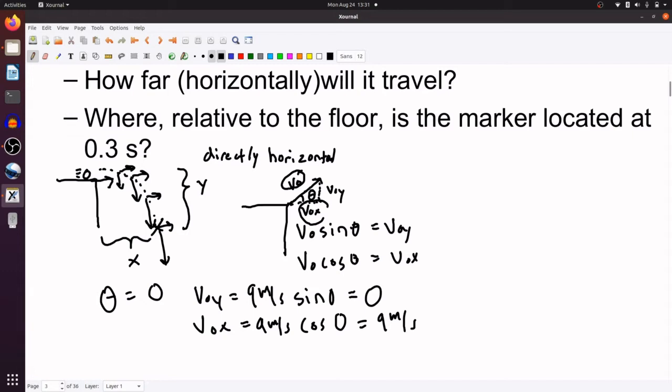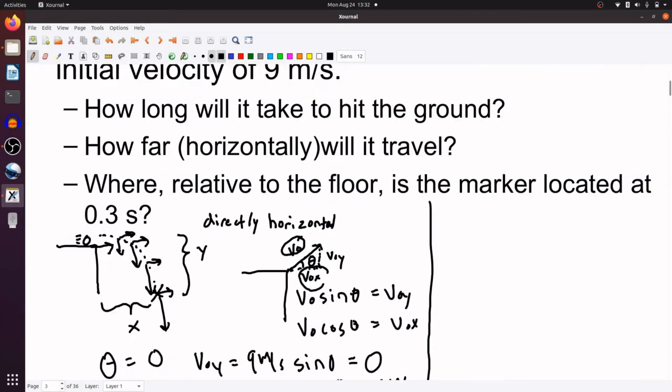So, alright, let me come over here. Now that I know all this, I need to start the problem. I want to know how long it will take to hit the ground. Your first step in any type of projectile motion problem is to find the time. You have lots of equations, but if we want to know